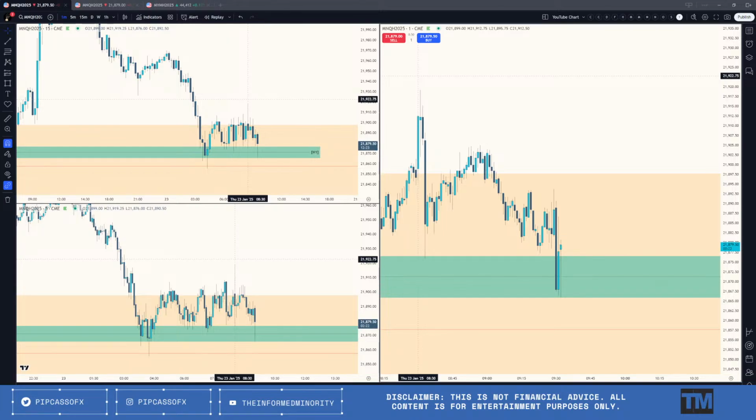So the first presented, I've been doing it probably for about 3 or 4 months. I don't necessarily use it as my entry technique. I more use it for direction and then letting me know when to trade. That's how I use the first presented fair value gap. If an entry comes off of that, then I'll take it.